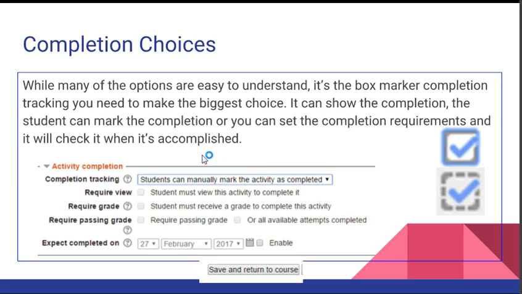Once you click on that, you'll be given a variety of options. While many of the options you see and understand, it's the completion tracking box that you need to make the biggest choice on. And that's this area right here on the screen. It basically will determine whether the box, when checked by the student, is either like this solid one here, which is done by the student,